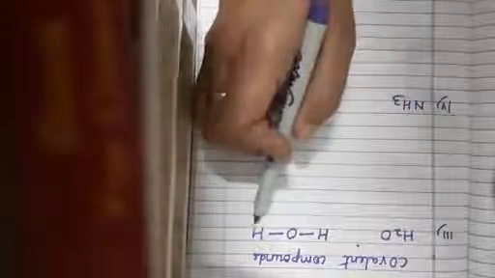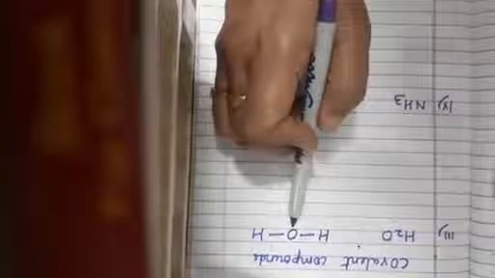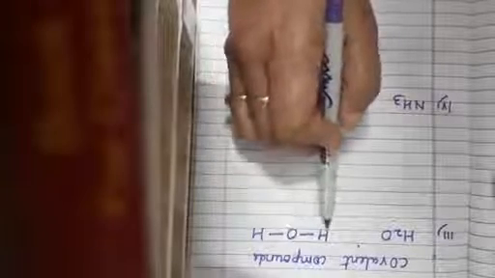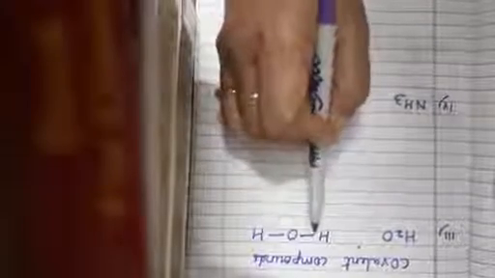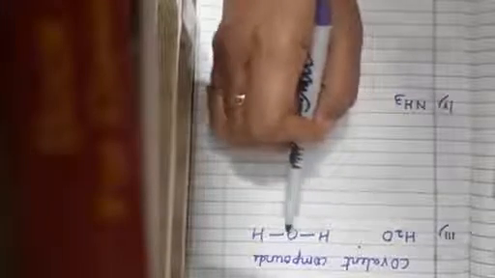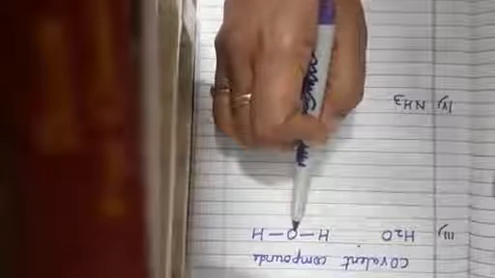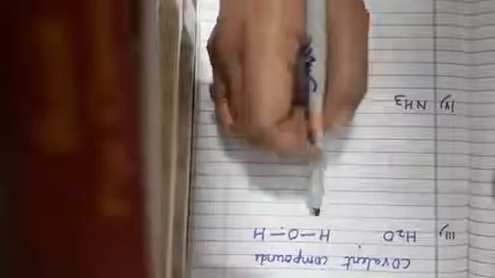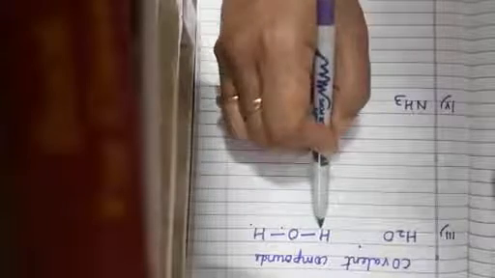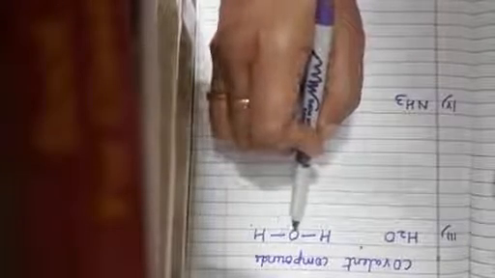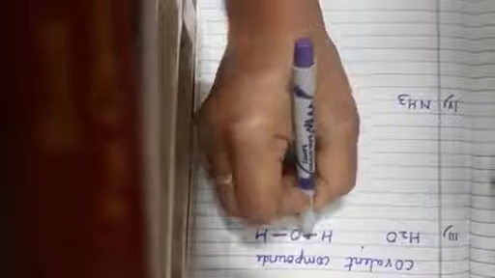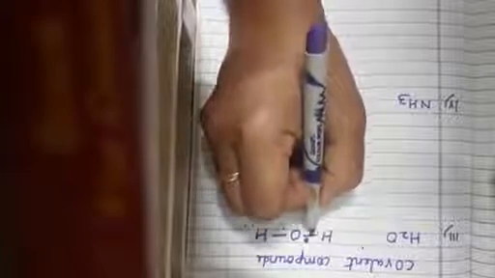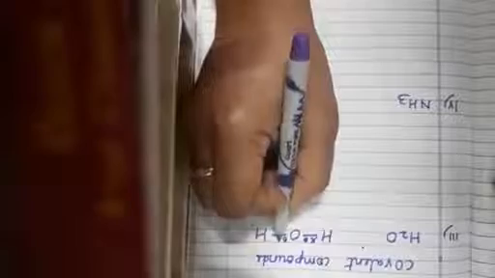So here is the structural formula of the water molecule, in which the oxygen atom remains in the middle and two hydrogen atoms are present on either end, and they are attached to the oxygen atom with a single covalent bond. It means that both the hydrogen atoms are covalently bonded with the middle oxygen atom with a single covalent bond. So single covalent bond means they are sharing one pair of electrons with each other. So this is the electron of oxygen, this will be of hydrogen, this is oxygen, hydrogen.